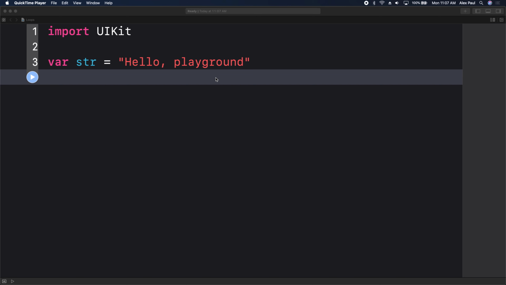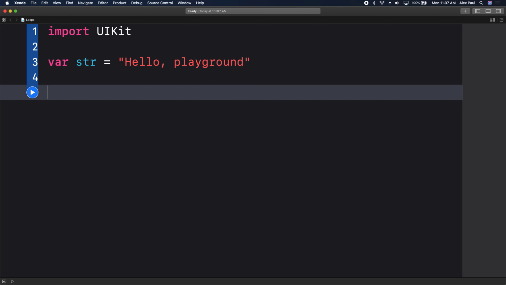So today's lesson, we're talking about loops. Loops is a structure that we use in programming to loop over a certain sequence X amount of times. So given a number, for example, if we want to say print hello playground 3 times, we could use a loop, as opposed to saying, for example, print